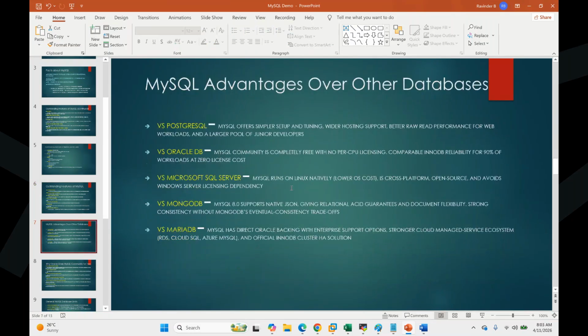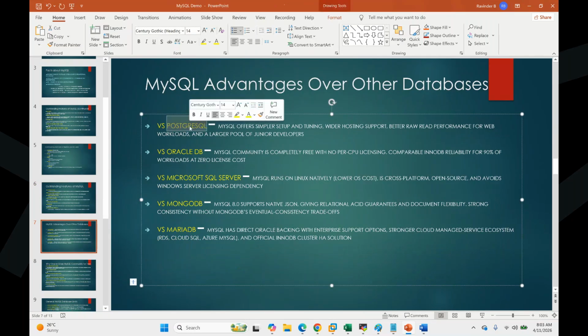Comparison with other database systems. If you talk about Postgres, Postgres is community driven. By default, you don't have any enterprise support; EDB is there anyway, but that's a third party. Postgres is a completely community-driven product. There is no governing body that manages the entire support model for you. For Postgres, you have to go to third-party companies to get support. For MySQL, you have the direct product owner, Oracle.